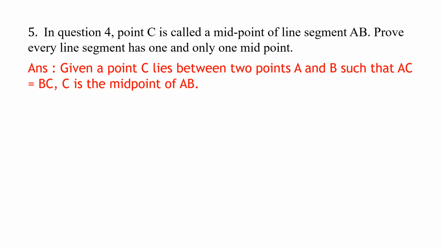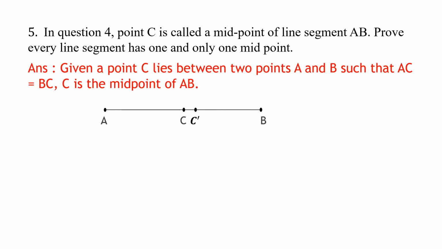We know C lies between 2 points A and B. This was given in the previous sum, the data: the point A, the point B, the point C. And this time we have a fourth point. We are contradicting. Which is this fourth point? We call it C prime. So we are assuming here something. Let us see what happens. What we are assuming here is that this line segment AB has got two midpoints. Yes, one midpoint is C and another midpoint is C prime.